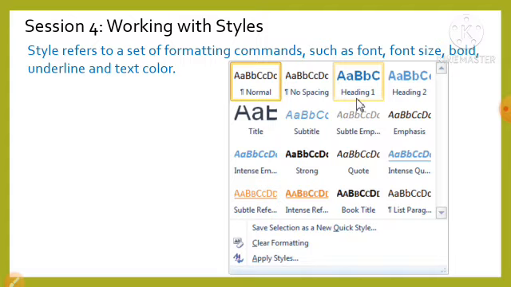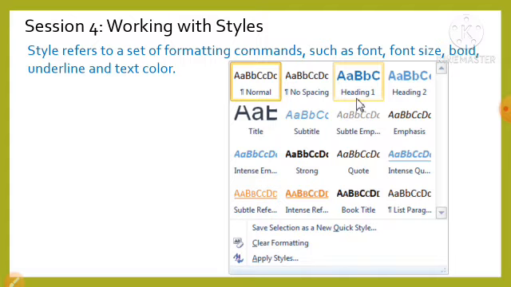To apply a style, we just need to select the appropriate style. In this way, styles save a lot of time and effort to make the text in a document more attractive and eye-catching. Though MS Word 2010 provides several predefined styles and style sets, we can also create our own styles.